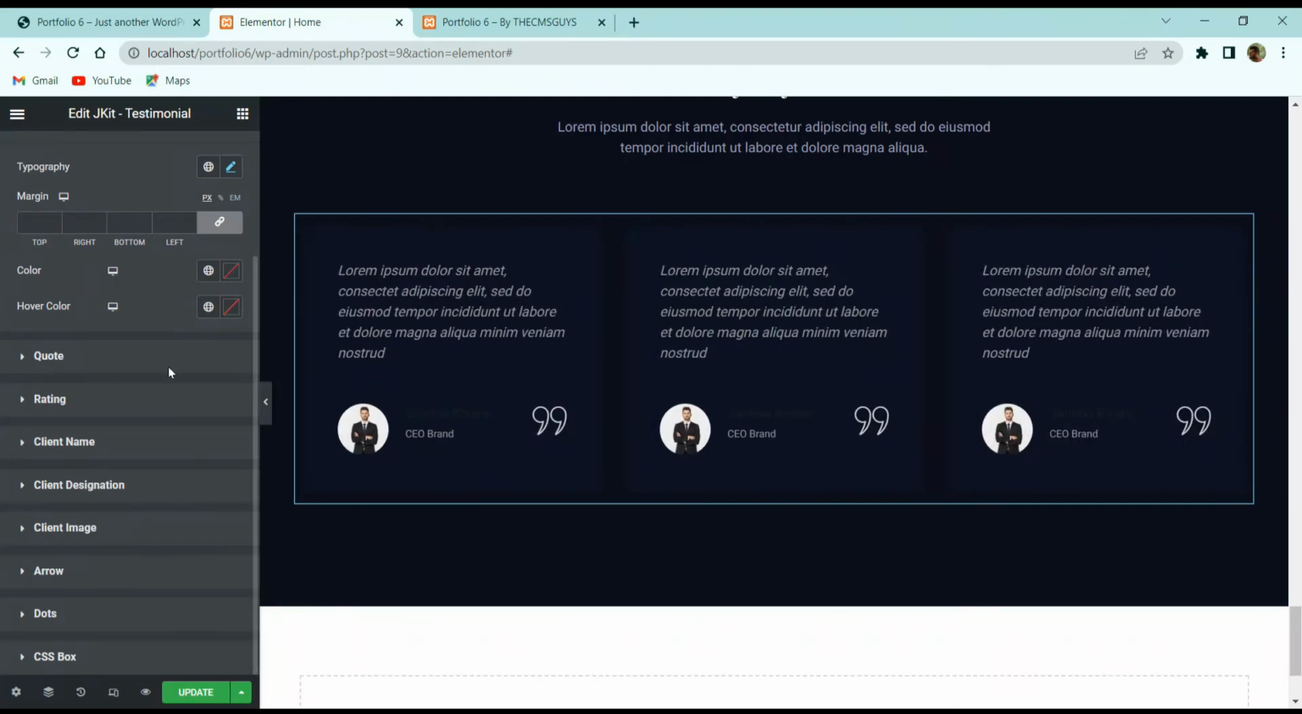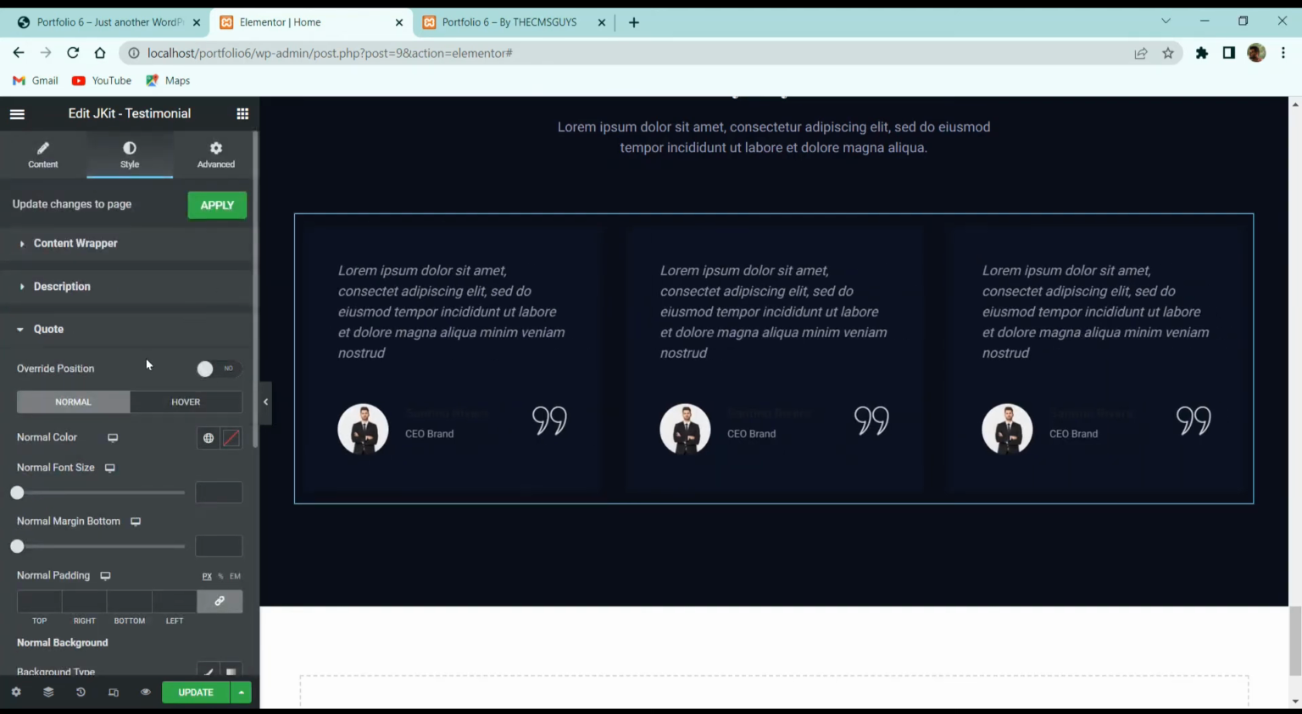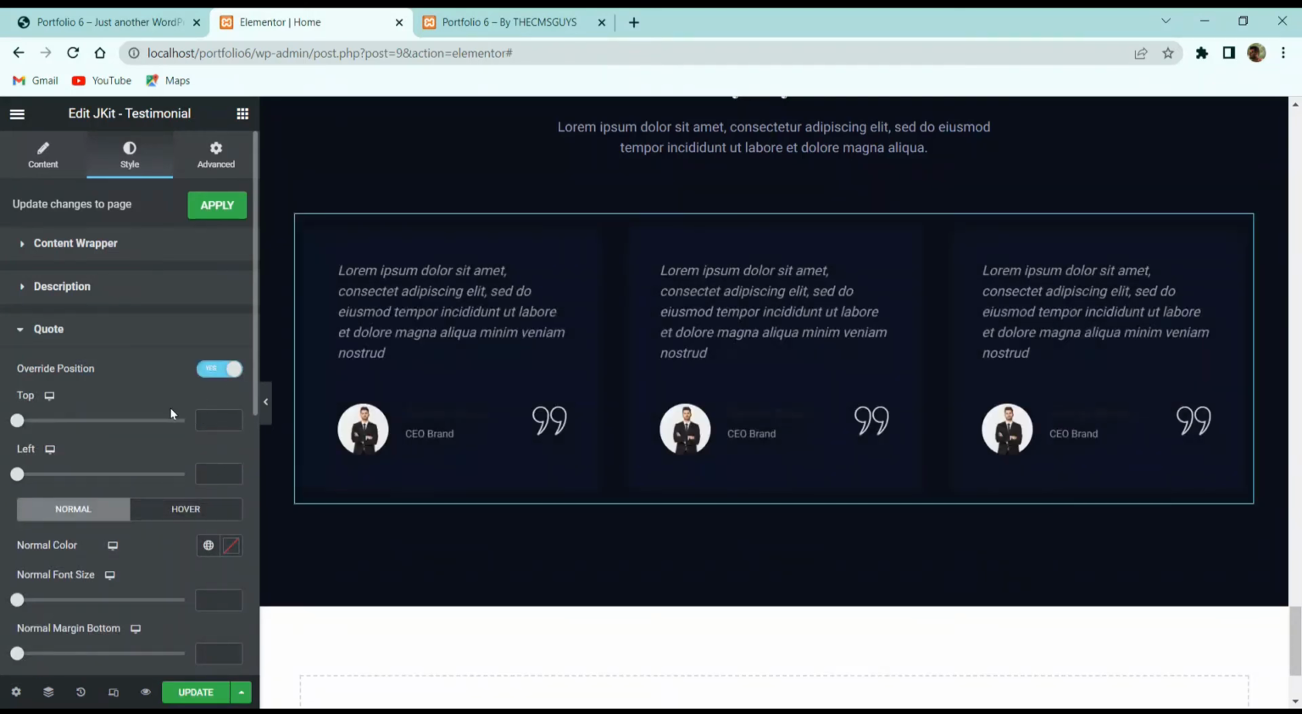In the same way, I have this color. Let's change the description testimonial color to this text. After that, let's move to the code, and here you can enable override position, and you can set any particular position, like let me give it 175. In left I want to give it 260, or let's make it a little bit down, or 260 will be fine